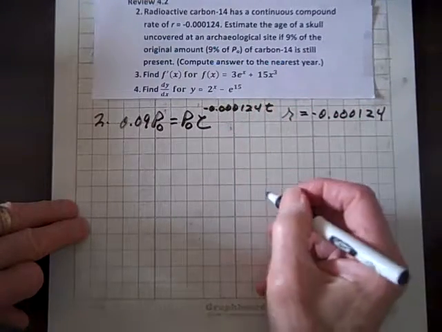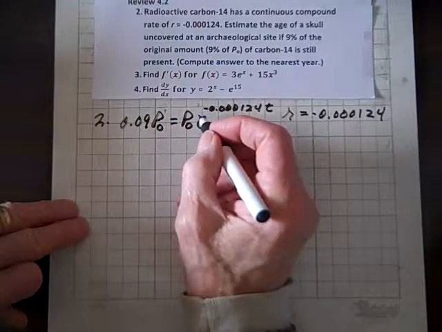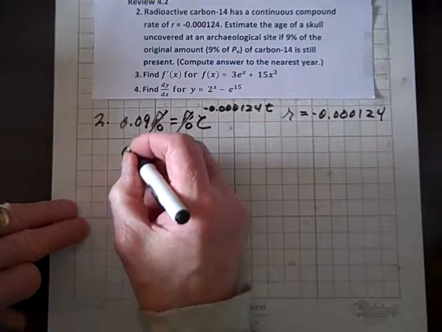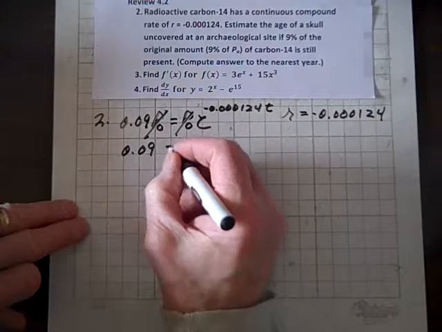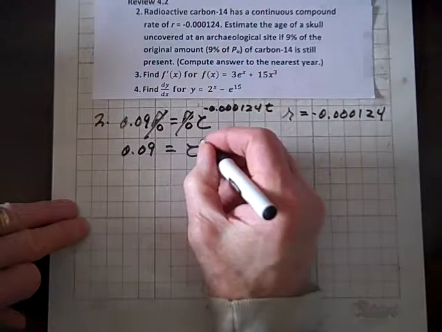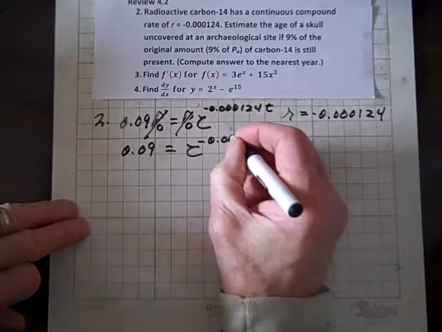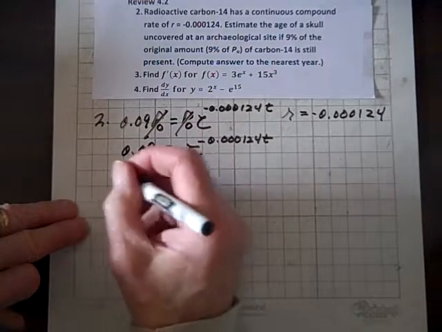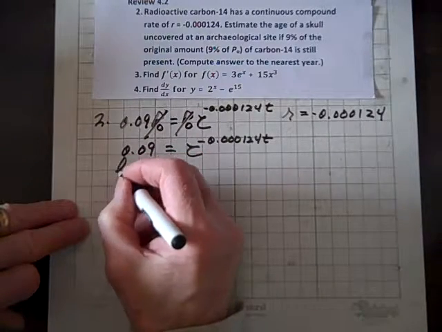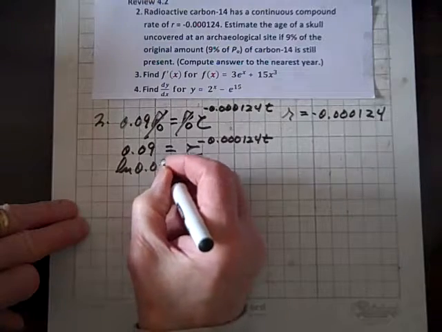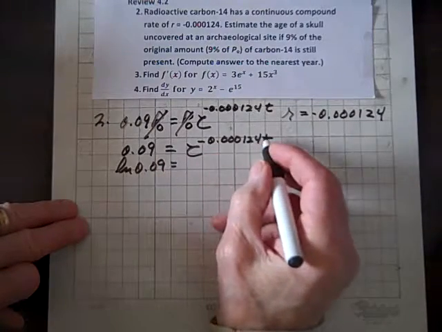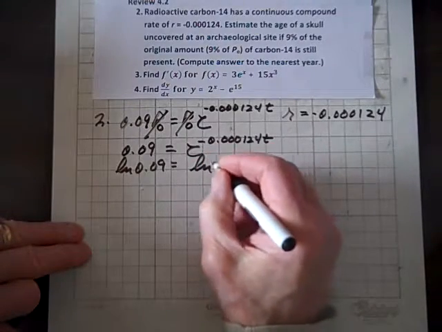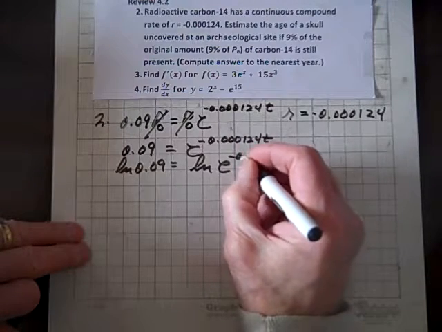0.000124t. Now, if we divide both sides by P sub zero, the P sub zeros divide out, and we're left with 0.09 equals e to the negative 0.000124t. Now let's take the natural log of both sides. So we get ln of 0.09 equals, and now we know by the law of logs, in fact let's do it the long way, ln of e to the negative